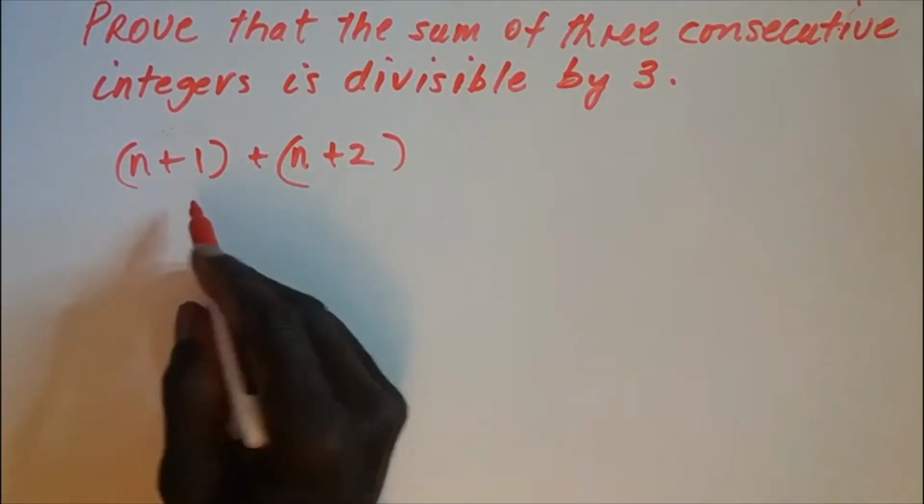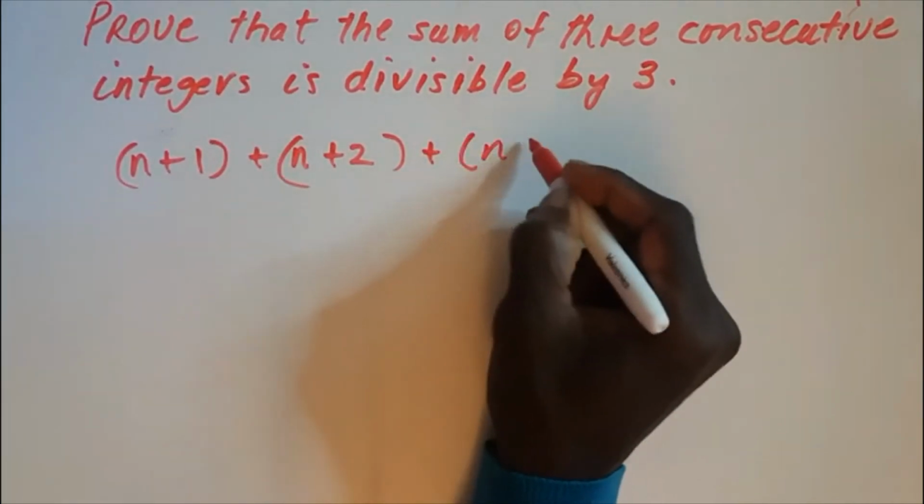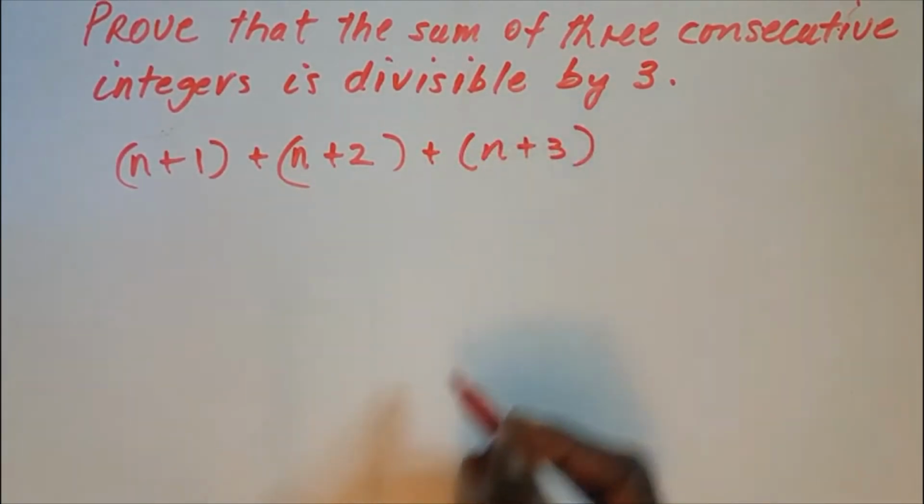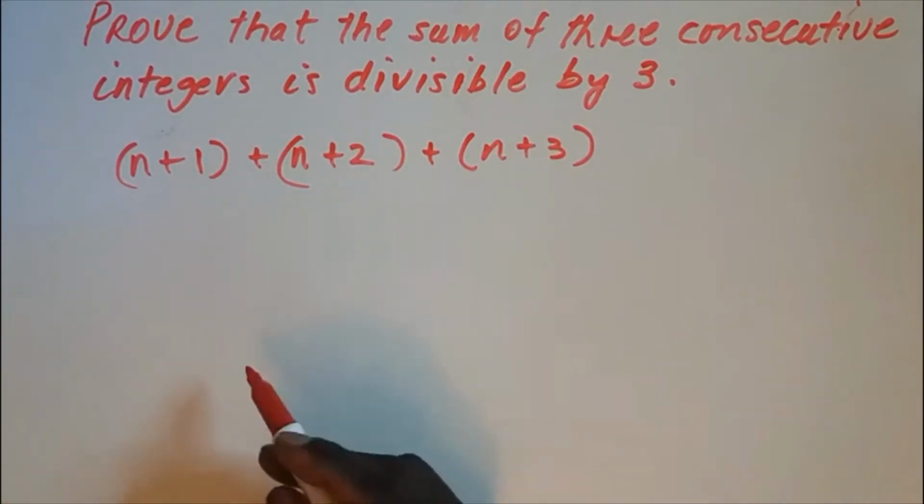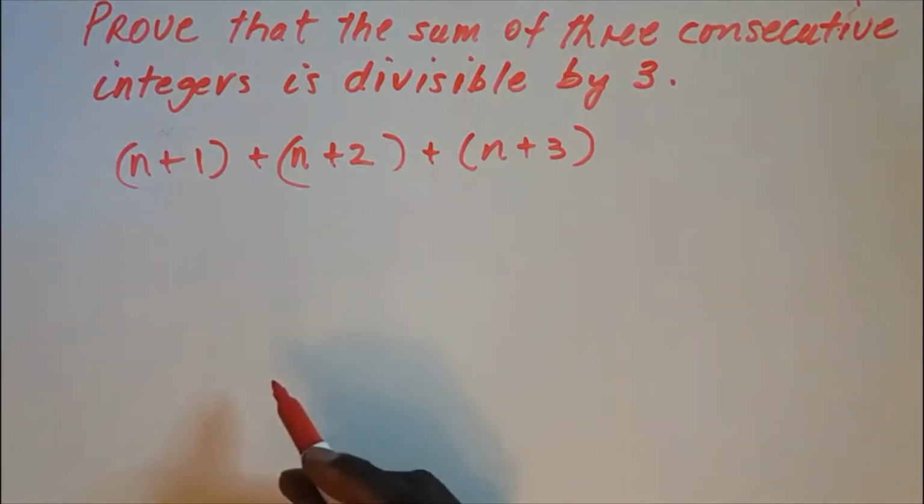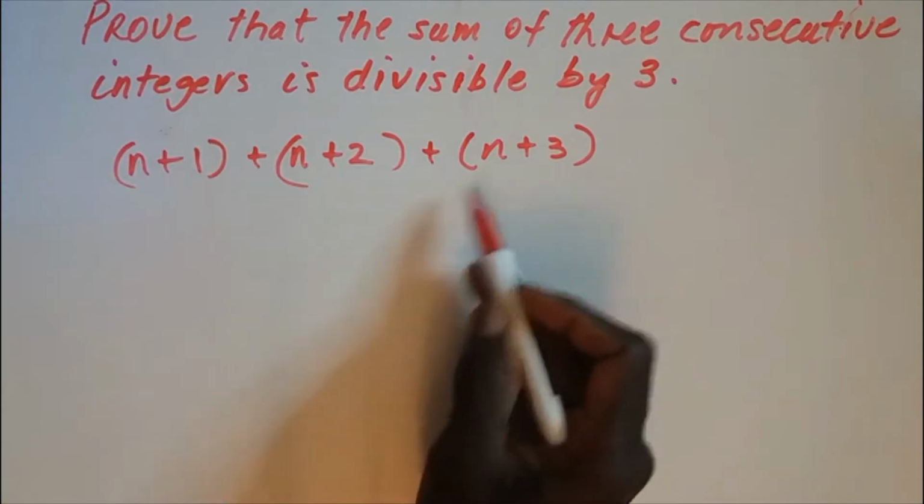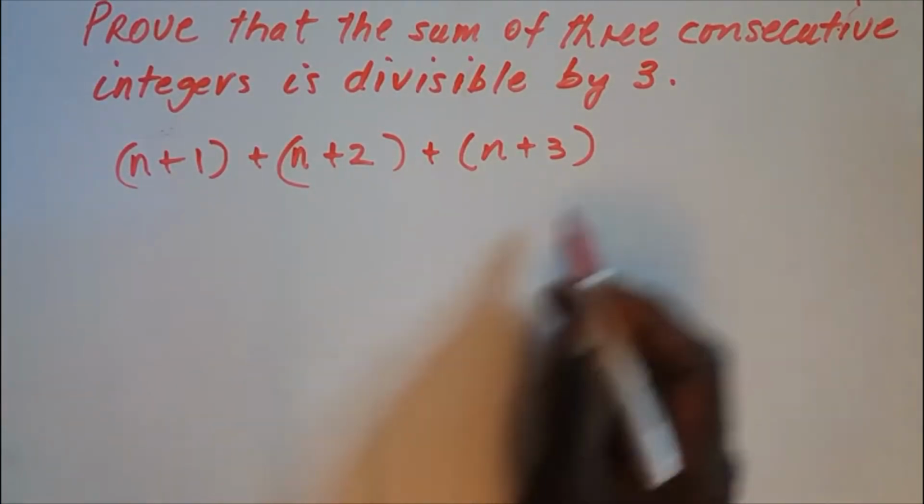So we have 2, 3, and n add 3. So these are three consecutive numbers. These represent all consecutive numbers. If we substitute n in any one of these expressions, we'll get an integer, and there will be consecutive integers. So we'll add all of these,